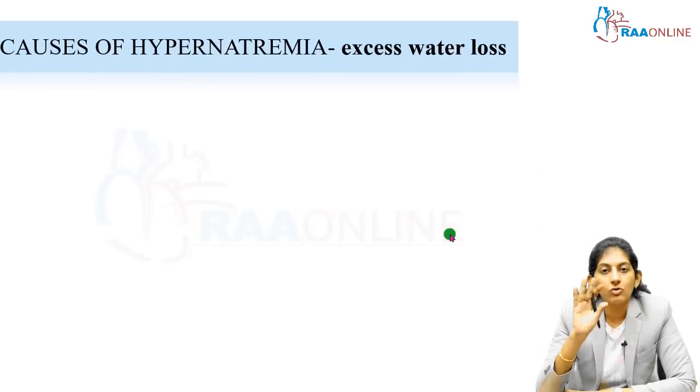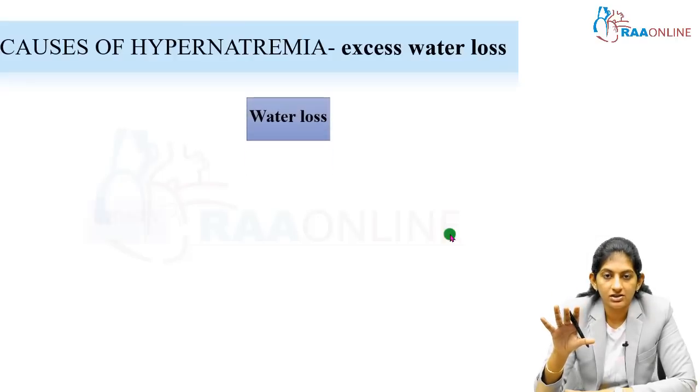Next will be because of water loss, when the free water alone is getting lost, or sometimes hypotonic fluid loss like diarrheal loss or vomiting loss. Even in the diarrheal fluid or in the vomitus, there is sodium, but that is hypotonic. Okay, it is not an isotonic fluid. It is not similar to our plasma. Okay, so because of the water loss or the fluid loss, there will be hypernatremia.